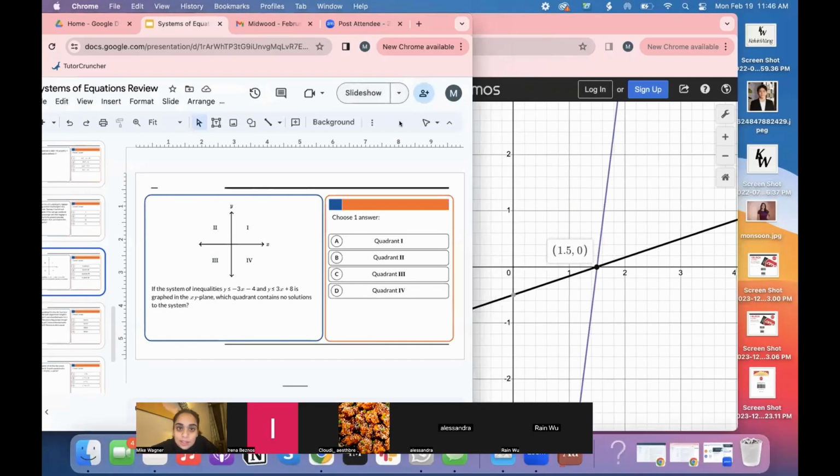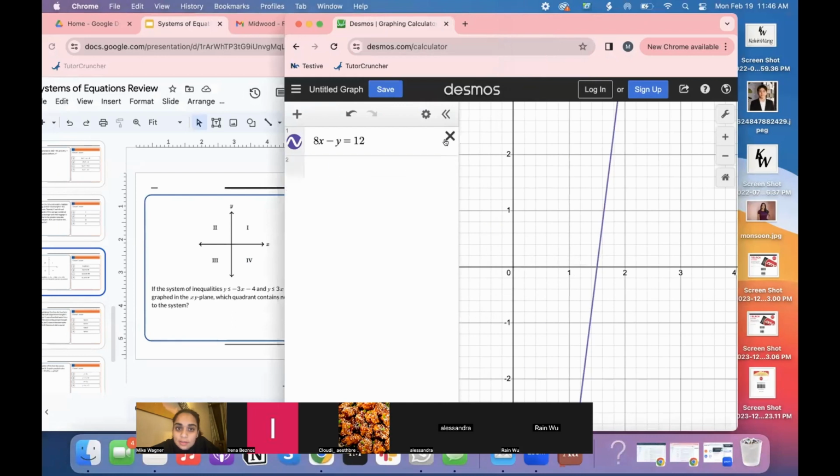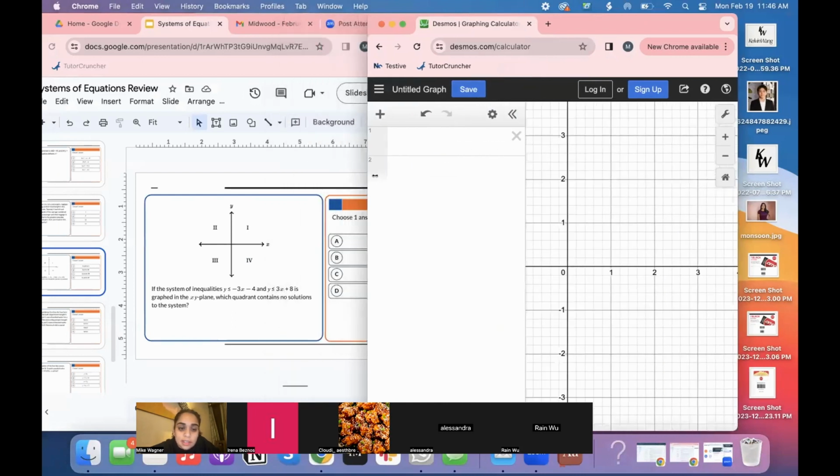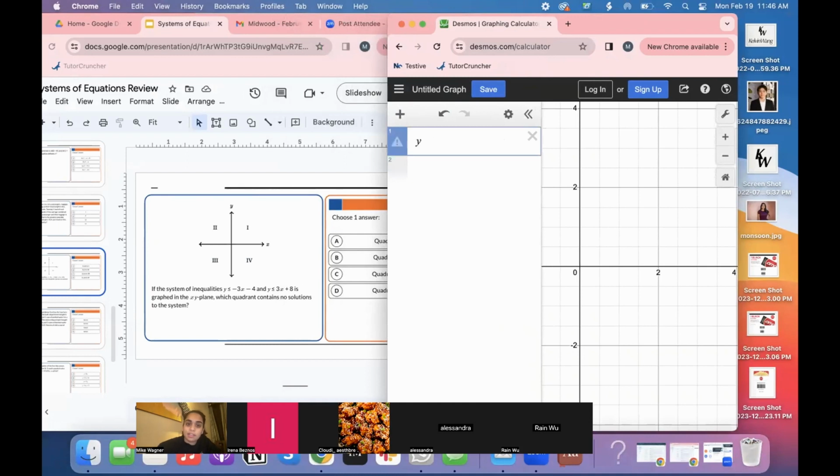Okay, let's go ahead and solve this. So I really like Desmos for this because it's an inequality and there's a shaded region. So for me, it's really easy just to see if I graph it. So we have y is less than or equal to negative 3x minus 4. And in the second equation, we have y is less than or equal to 3x